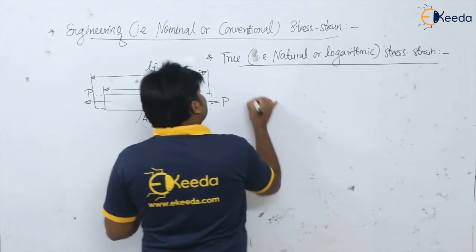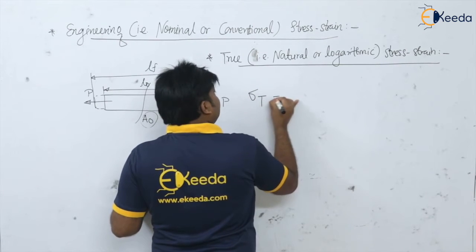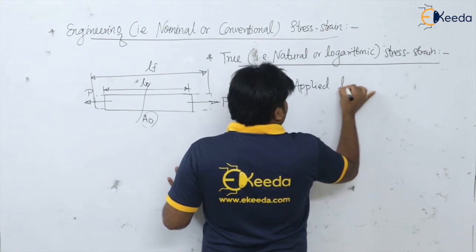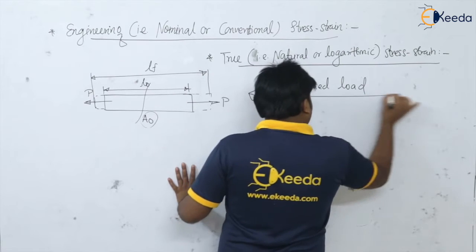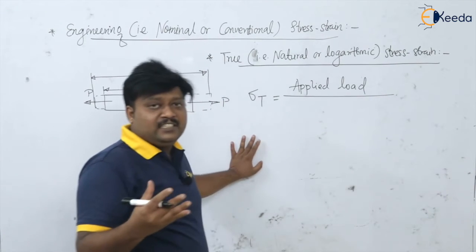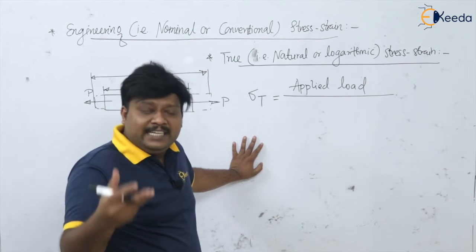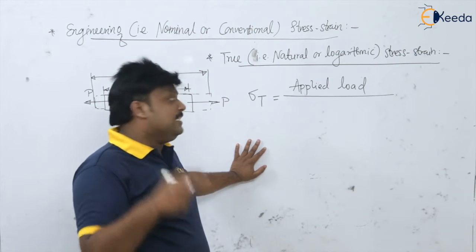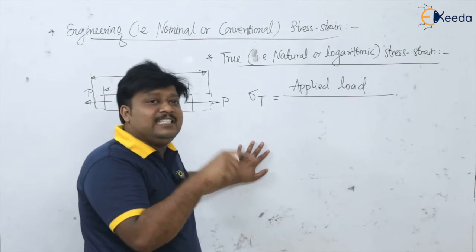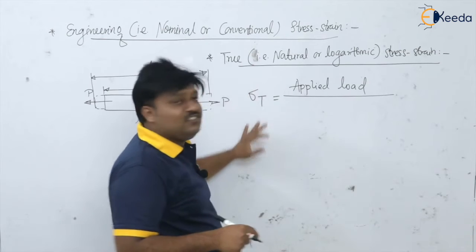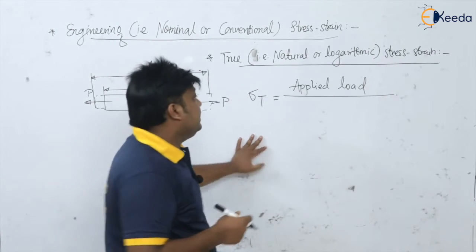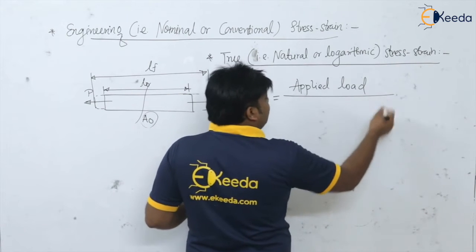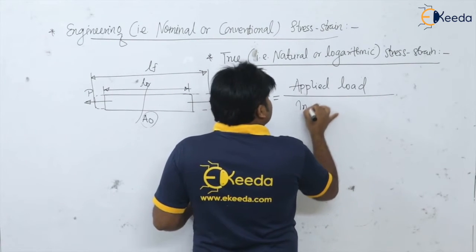So if I want to define the true stress, it is equal to the applied load, and because of this load the specimen is undergoing change in its length. Of course the area is going to decrease and length is going to increase. So whatever the instantaneous, because it is the instant to instant measured stress or measured strain, isn't it? So applied load divided by the area at the time of measurement, or I can write here instantaneous